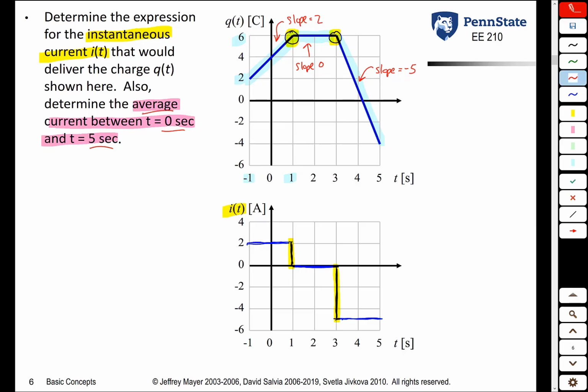So now let's look at the average current. Average current is always between 2 points in time, and the 2 points in time in this problem are 0 seconds and 5 seconds. At 0 seconds, we have 4 coulombs of charge. At 5 seconds, we have -4 coulombs of charge. So if you think about delta Q, it's going to be -8 coulombs. If you think about delta T,